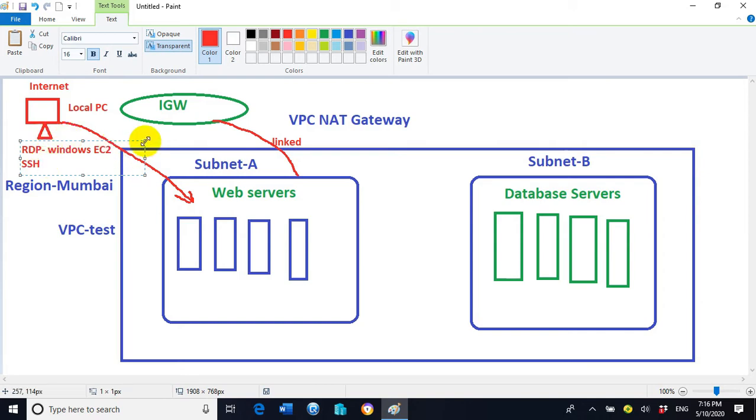If the EC2 instances are created from a Linux image of the operating system, then we can access them remotely from our local computer with the help of SSH.